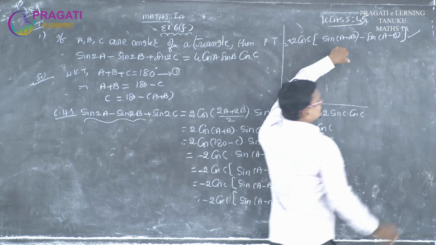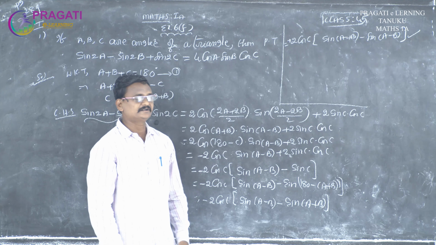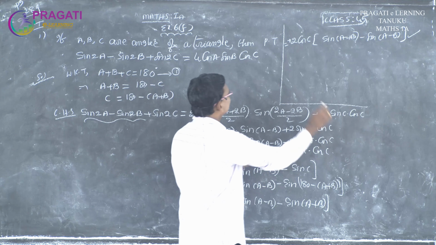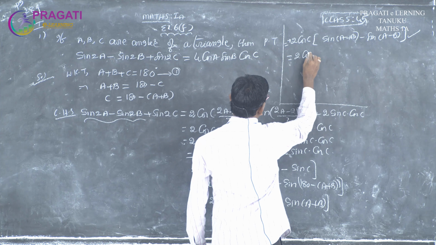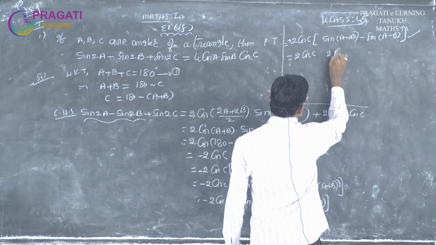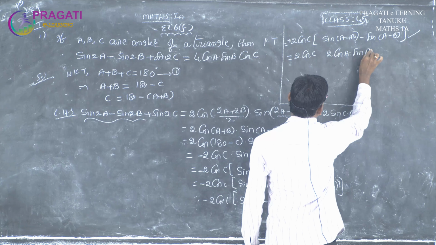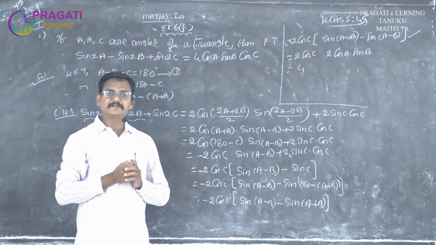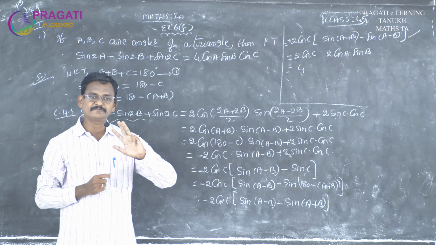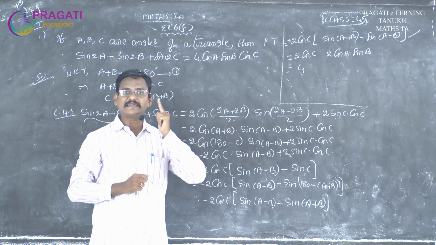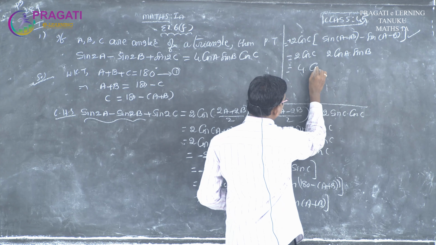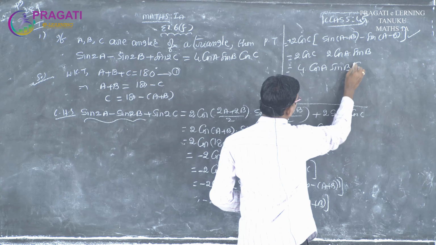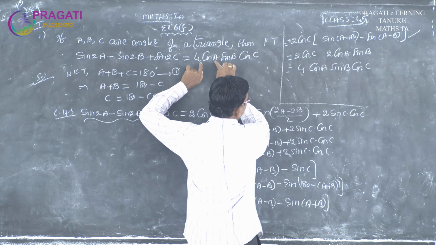Now, this is totally one of the transformation formulas. Sine A plus B minus sine A minus B means the formula is 2 cos A sine B. So, 2 cos C, this is as it is, by formula 2 cos A sine B. And at last 2 into 2, 4. Write in order. Order means first write angle A position. Next angle B. Next angle C. Angle A, that means cos A. Angle B position sine B. Angle C position cos C. So, this is only the RHS.